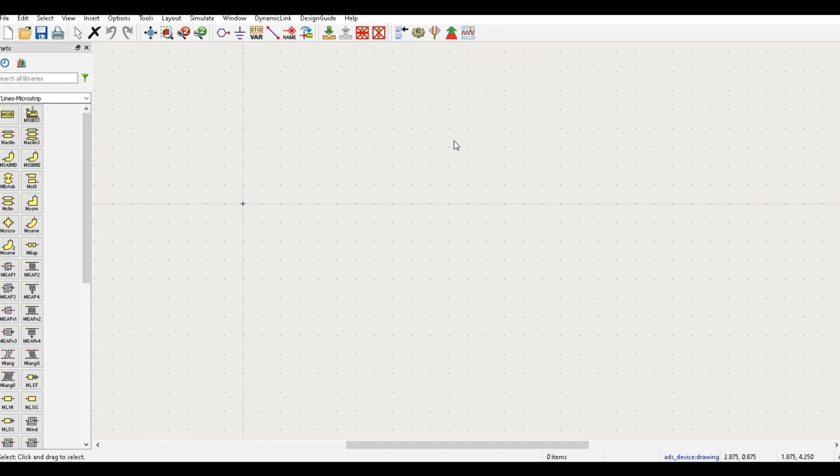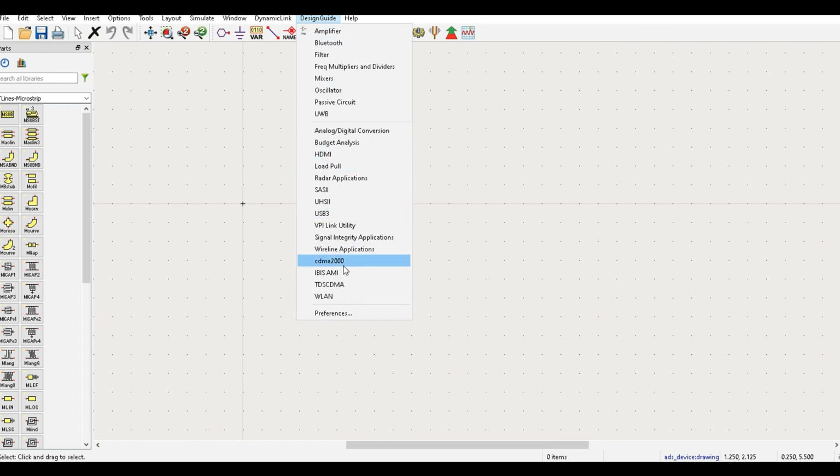So what we do after opening the new schematic, we need to open the design guide, which we can find there. If you click on this, you see all the various models or design guides that are included in this ADS 2020. Sometimes the design guide might not be there, so you have to install it yourself. That's a tutorial for another day. But just in case you have your design guide already installed, we are designing a filter today. So when you click on filter,